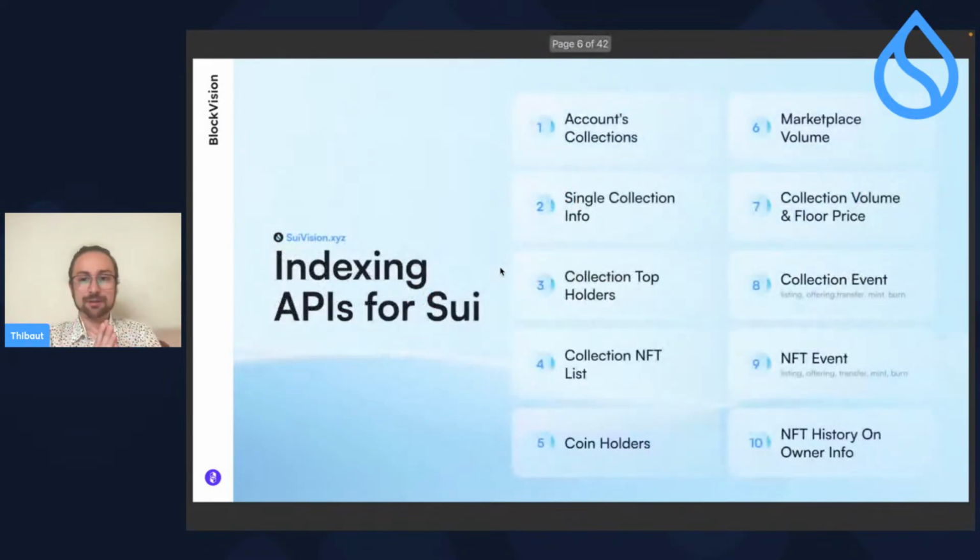Here's a little bit of a list of some of the APIs we provide today. We're going to give a quick overview of all of them, and for some of them, we'll also give a live example so you have an understanding of how that works. Talking about how that works behind the scene,